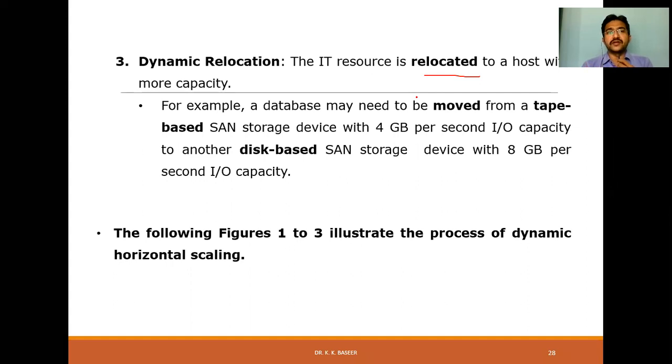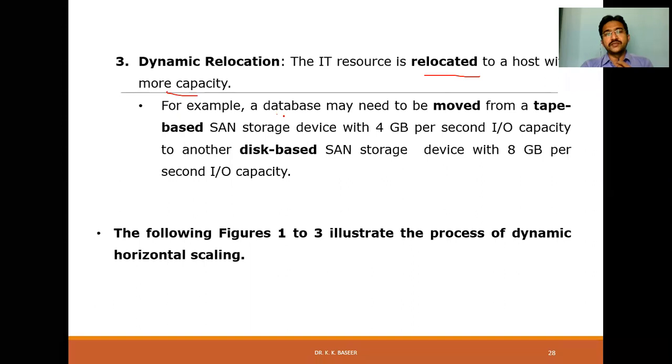Previously you had an i3 processor, maybe a seventh generation, now you can go for an eighth generation processor, or previously you had 4 GB RAM, currently you have 8 GB RAM. Previously you had a 1 TB hard disk, and now you can increase to 2 TB. Like this, you can upgrade things. More capacity means we can enhance and upgrade.